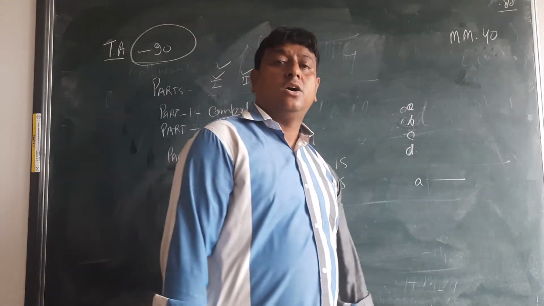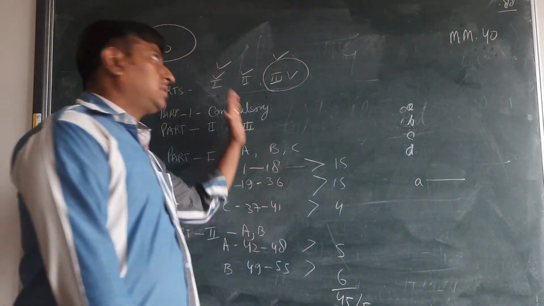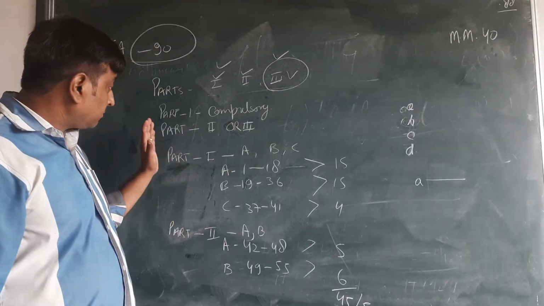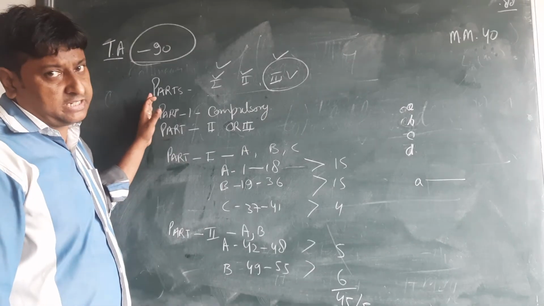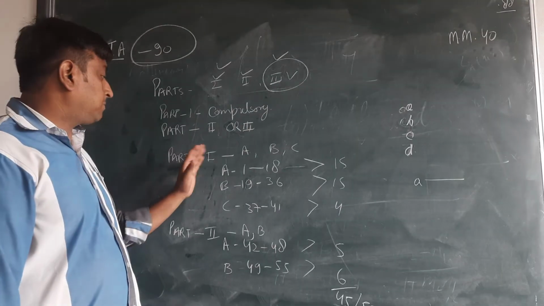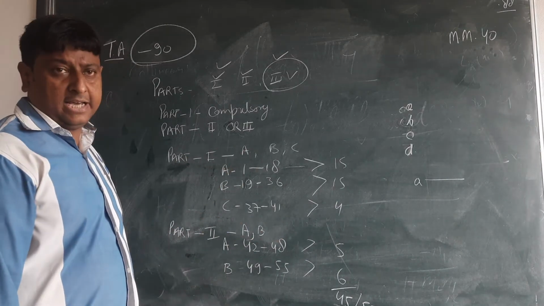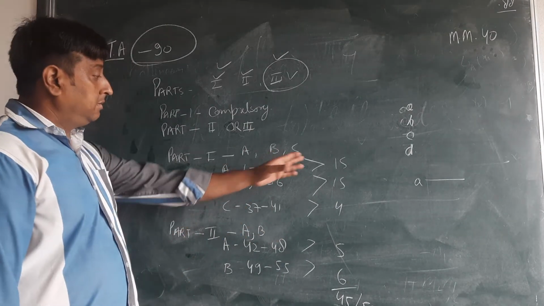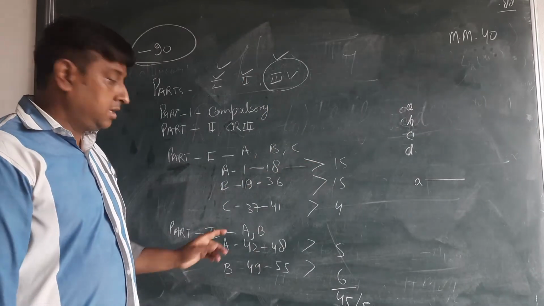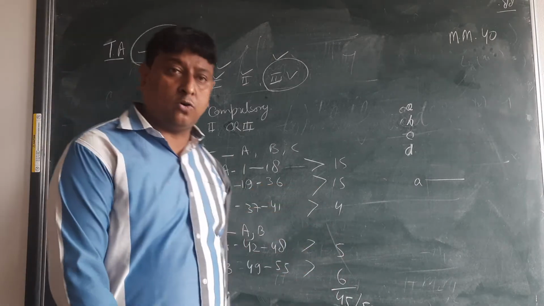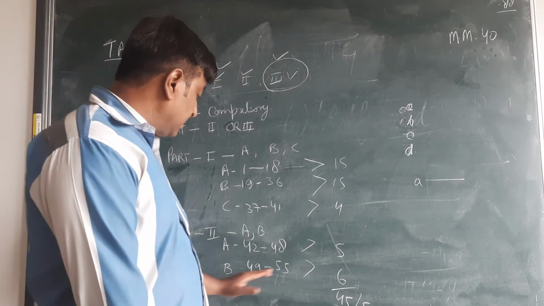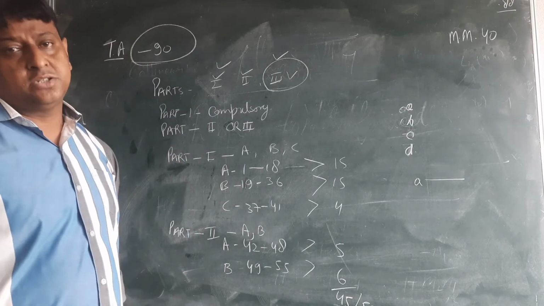Okay, case studies are there. Everything is given in your question paper, but these are the main patterns. 3 parts for 12, 2 parts for 11. You have to do the first part because it is compulsory. First part has 3 sections. First A, 1 to 18, then 19 to 36: 18 questions, only attempt 15. Then 37 to 41, 5 questions, only attempt 4. Part B has 6 questions, attempt 5, then 7 questions in B, and attempt 6.